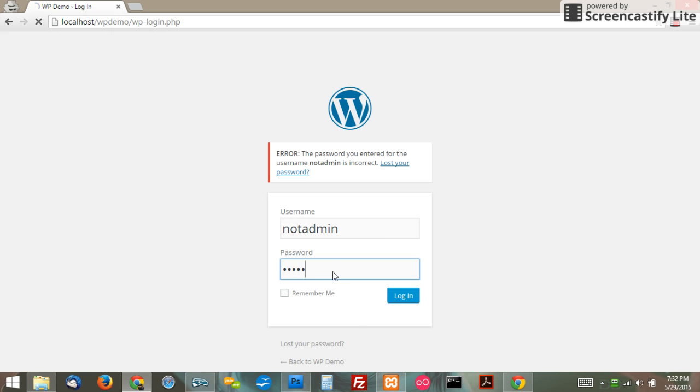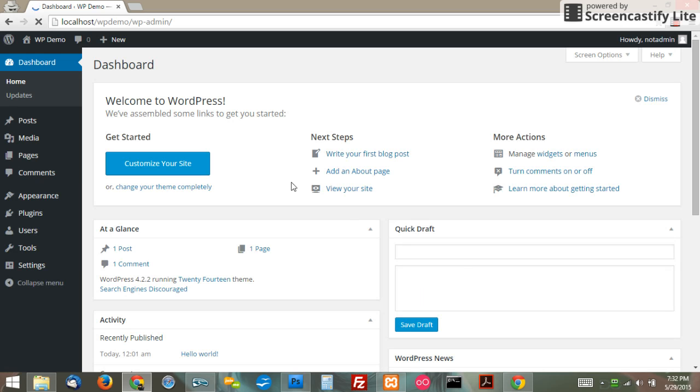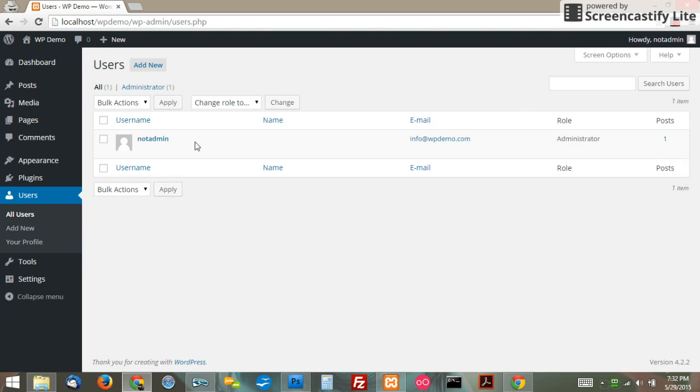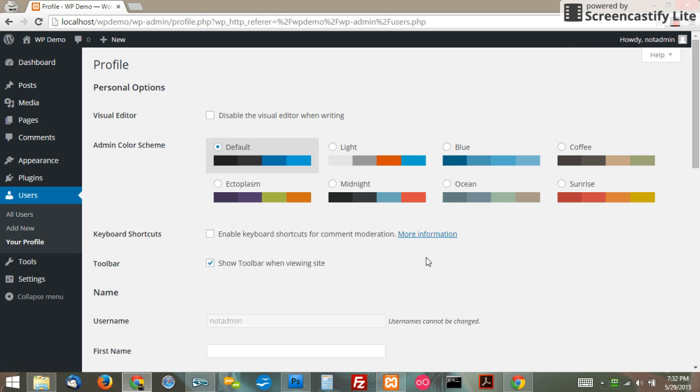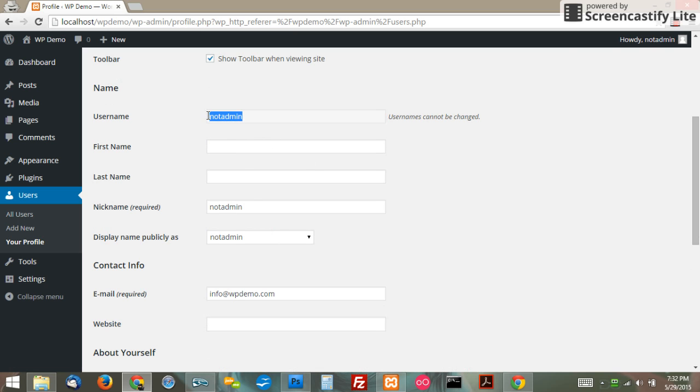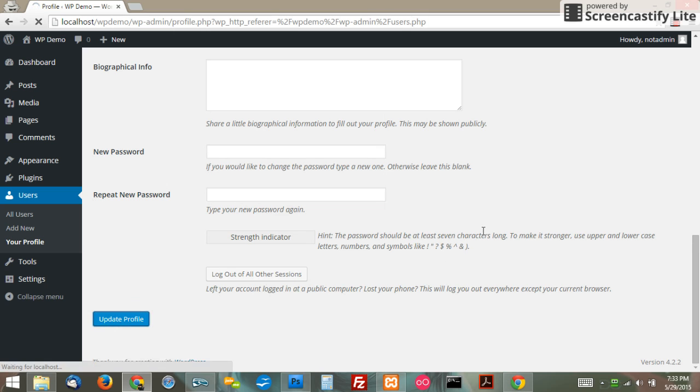So the easiest way to fix this is through WordPress. And you go and edit your user that gets created when you install WordPress. So we edit our user here, and we scroll down here. Notice it took our username and basically just added it to these two fields by default. So if we change this and then change our display name to match what we just entered here, update that,